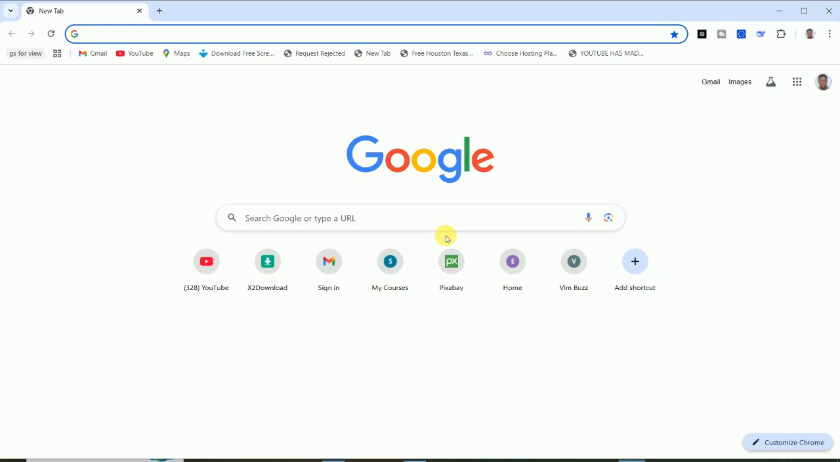Today I will guide you through how to download GTA 5 for free. Let's start. On your PC, when you launch your browser, like Chrome or any browser,